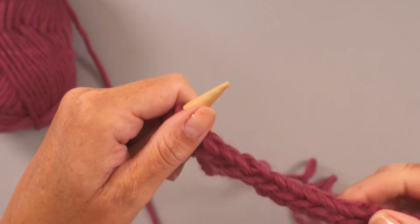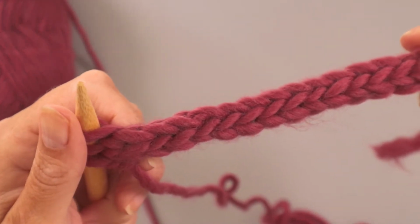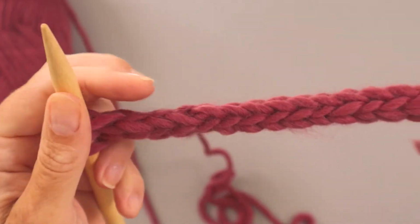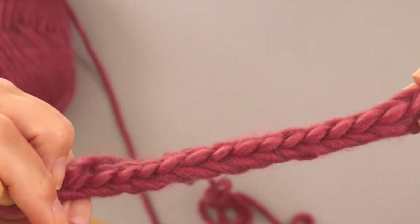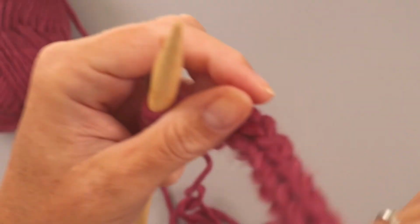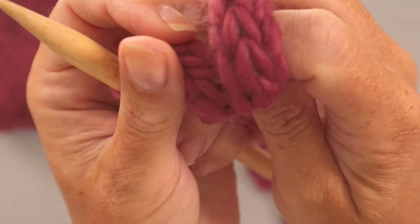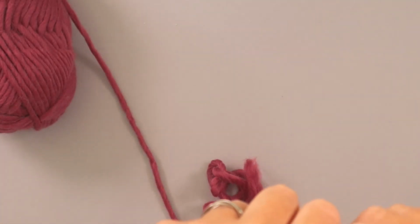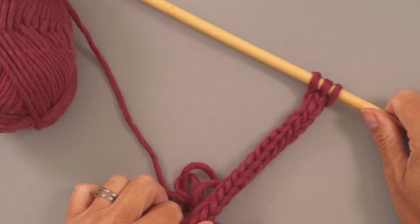And if I just give you a close-up of that, how good is that? So that's the front, but then if you look round to the back, it just looks like a beautiful knitted cord. So I hope that's helpful,